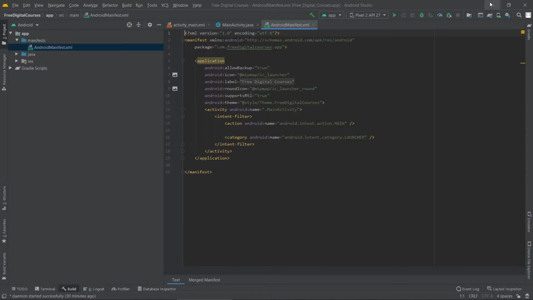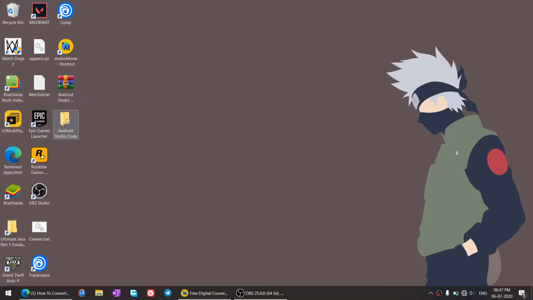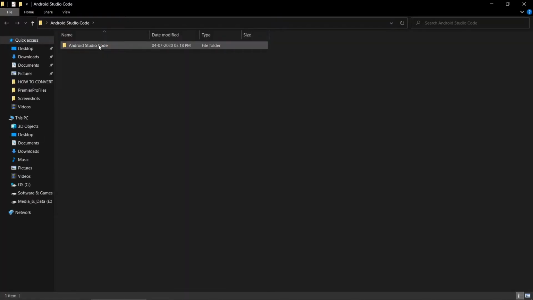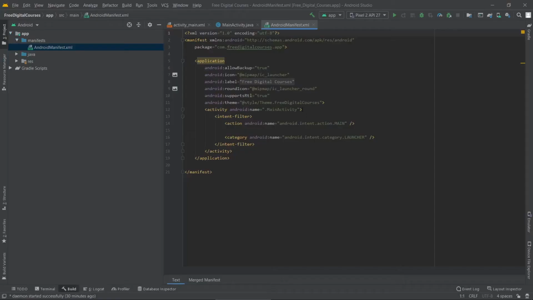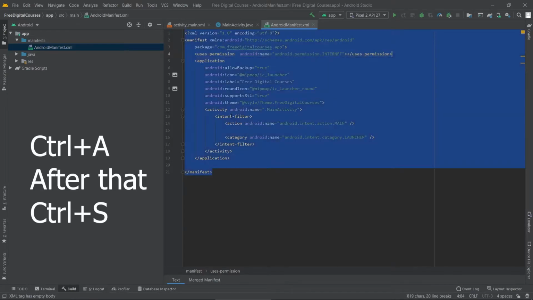For that, go back to the code which I gave you. Open the first one, copy all, and go back. You have to paste it here under the package line. Let me paste it, Control V.